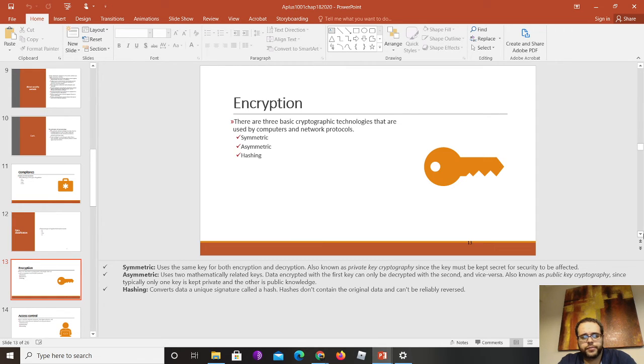Let's go to the next one here. Oh, just one thing here on the asymmetric key. So it has a public and private key, right? The public key typically a company will leave out, and it's widely used. It's used on SSL, for example, right? You're trying to access a bank, and the bank will always provide you the public key. So you use the public key to access the bank. The bank, once it receives your public key, uses their private key that they store in the system to unlock and verify that the public key is in fact their public key, right? So that's basically how it operates.